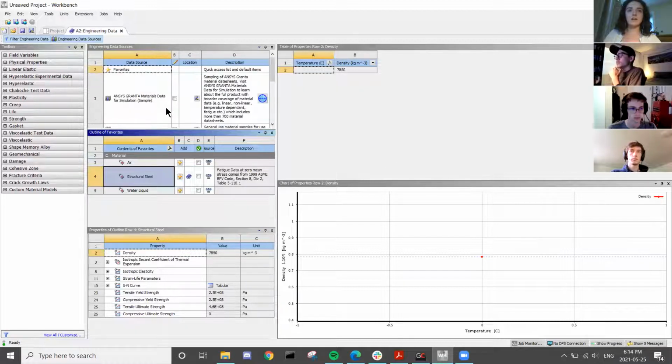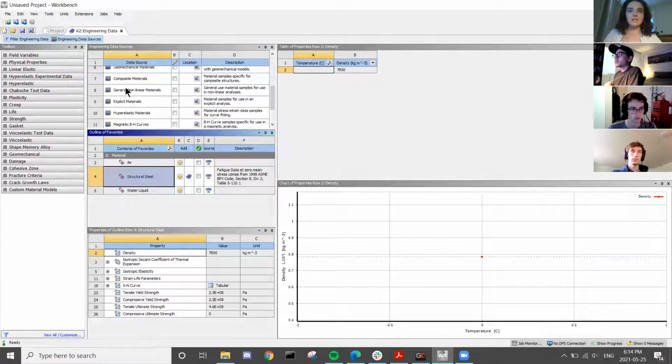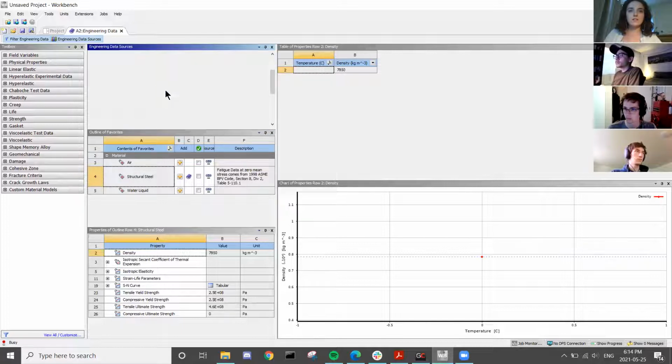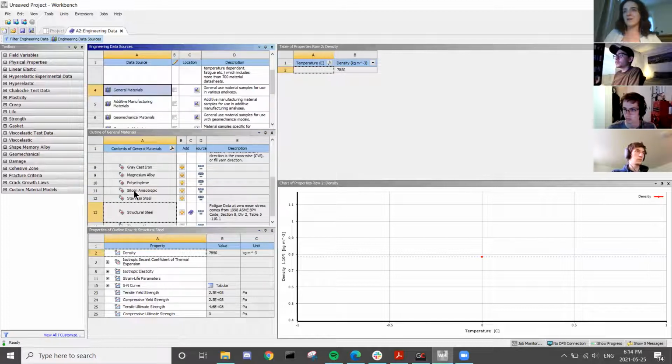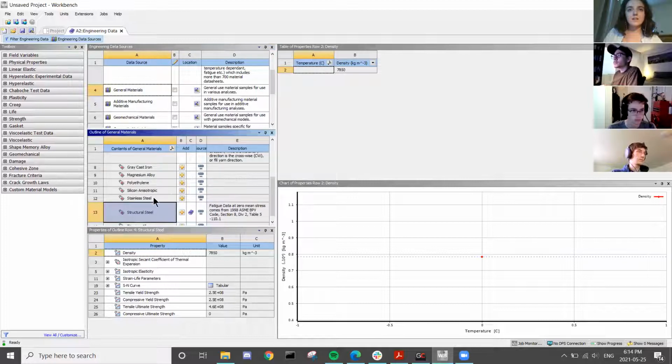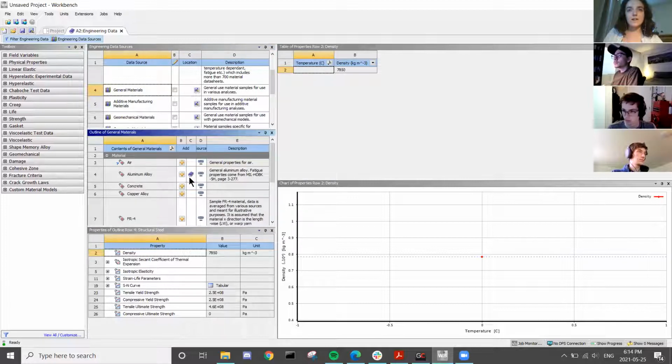So they automatically include a steel. And then you got to scroll through these engineering data sources, and there should be a general materials. You see what I mean by this is kind of confusing for no reason. So we want to add an aluminum alloy. So press the plus button, and then you'll know if it got added to your materials because there's a little